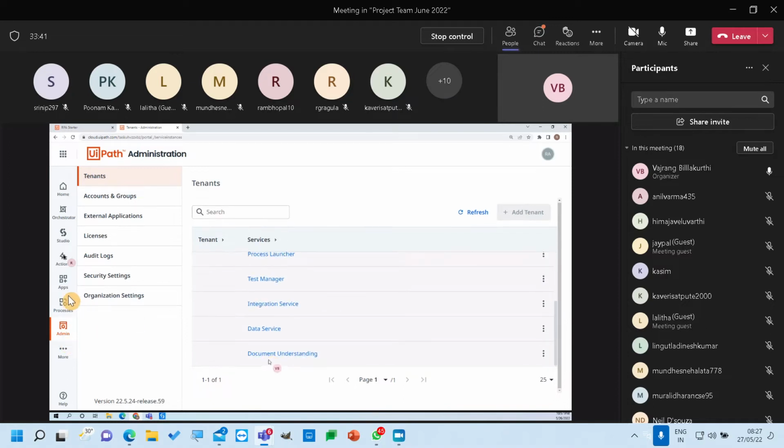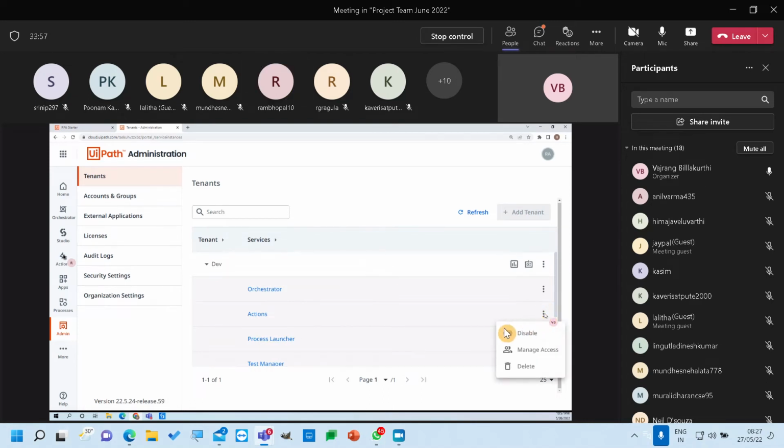So if you don't want some of this, for example, I don't want apps to be in the place. Okay, so what I can do, I can remove process launcher, or let's see, actions. Okay, so I can just remove actions. So actions will be disabled. You can enable or disable actions over here. Okay, so this is on a tenant level,